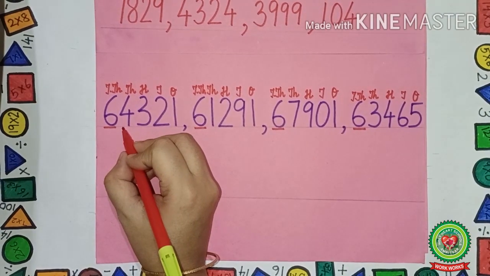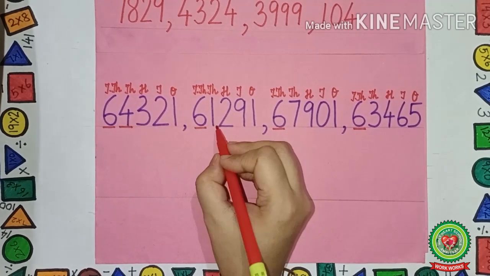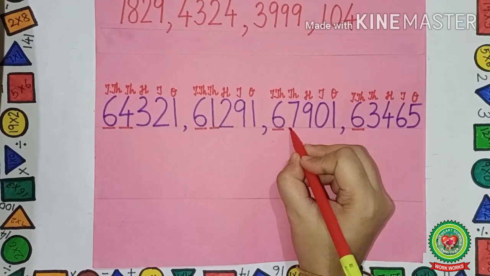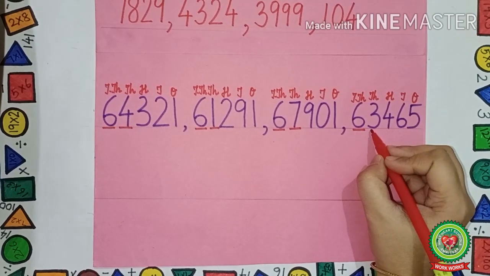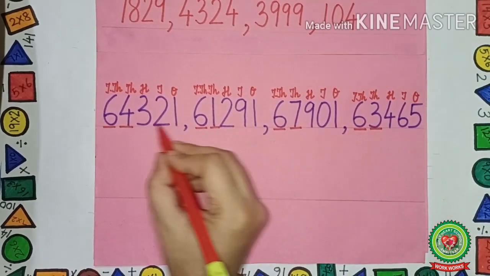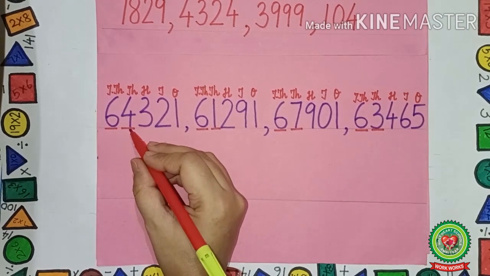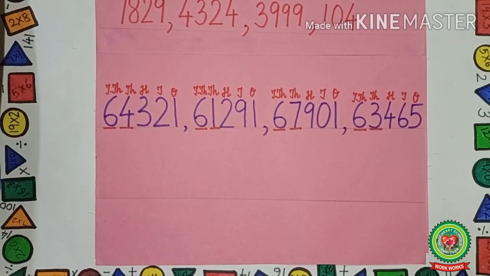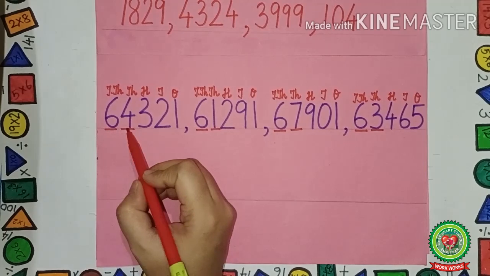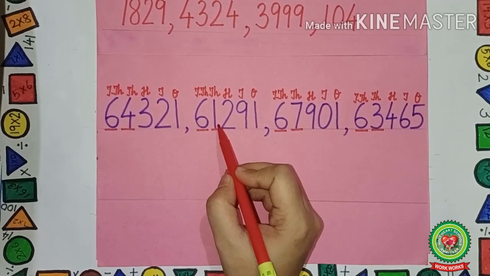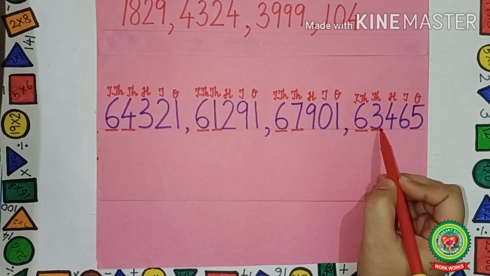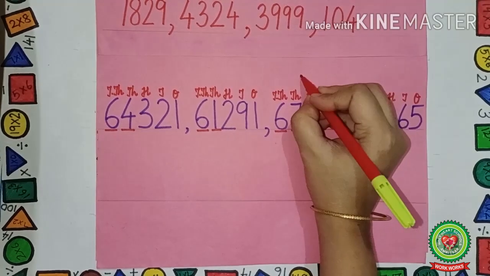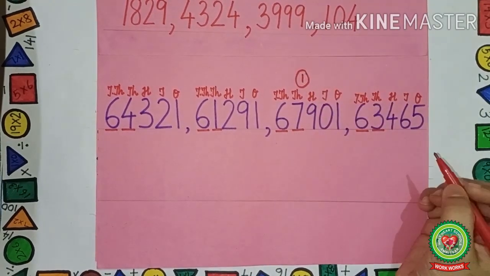So what is the next digit of the number? That is 4. Next digit of this number, that is 1. Next digit of this number, that is 7. Again next digit of this number, that is 3. Since the first digit is same in all the numbers, we will take the next digit. If the next digit is also same, we will take the third digit. Like that we can solve the problem. Now we have taken the next digit. Now 4, 1, 7, 3. Which one is biggest among 4, 1, 7, 3? 7 is the biggest. So this number is the first one in the order. So we will write over here 1.